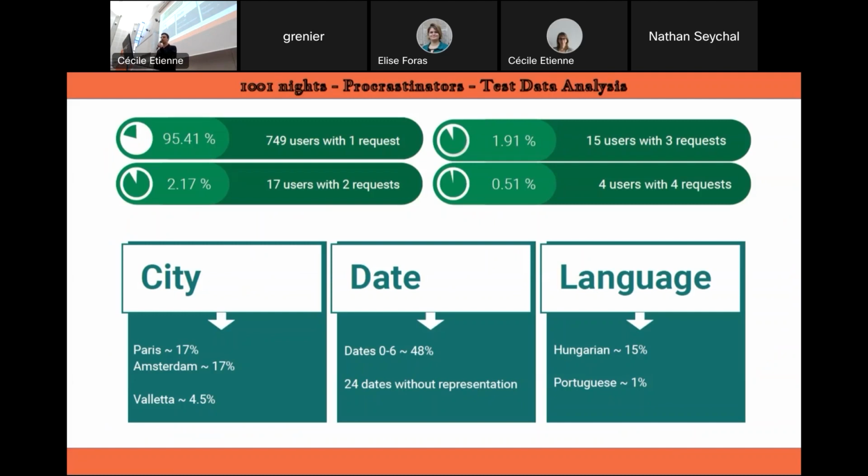And then the date parameter was kind of the hardest parameter to understand. Half of the dataset lies only in dates from 0 to 6. And this is interesting because it's probably due to the fact that in the sooner dates, the stock is intuitively smaller, and thus the prices will either be higher or at least have a higher variation between them. And also we found that there are a lot of dates without representation in the test set. For example, maybe between dates 17 and 18, there's not a big difference in the price.